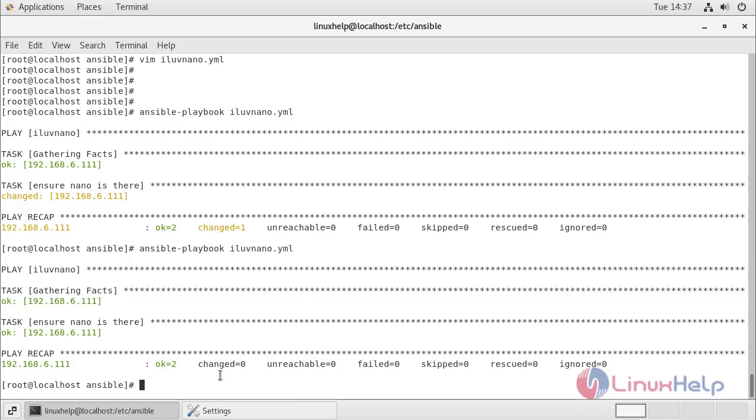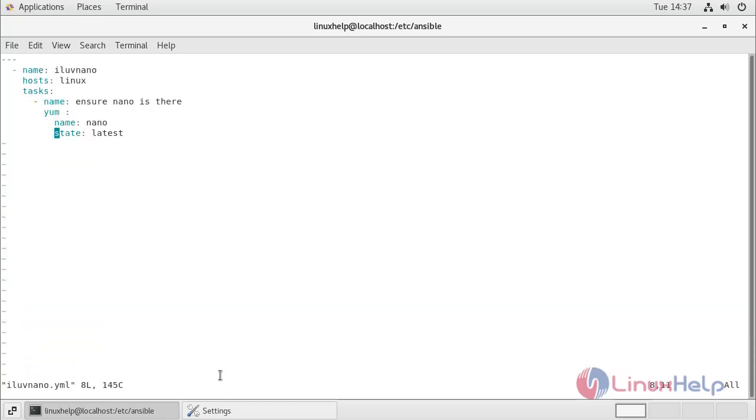So what if I want that nano should not be there on my node machine? So I will move to my playbook file, I love nano.yaml, and I will change the state. Go to insert mode, from latest to absent.